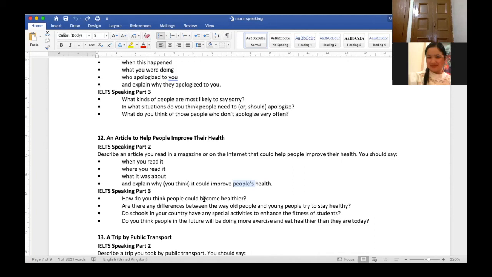How do you think common citizens could become healthier? I think people could become healthier when they follow the instructions on the diet